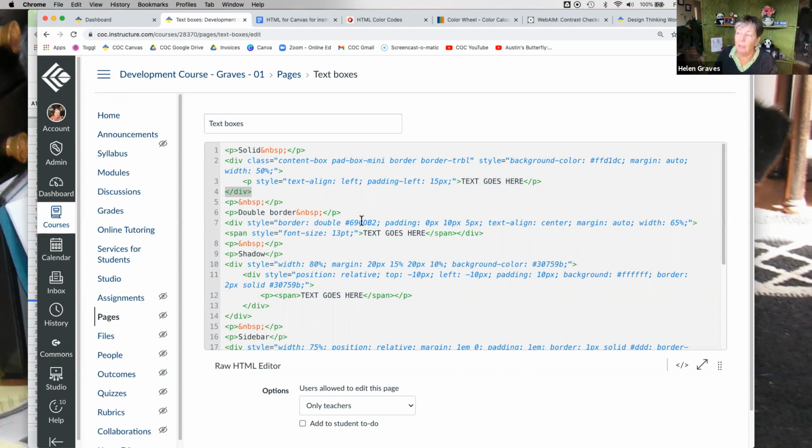Same thing with the double border. I've got my style with a double color, and so I could change this. I've got padding. You can experiment with the padding and see what happens if you want to. If I make this 50, I don't even know what it's going to do, but we'll see. And then width. Let's say I've got not a lot of text. So instead of 65, which might mean it's just a big white box with just five words in it, maybe I want to make it 45 width.